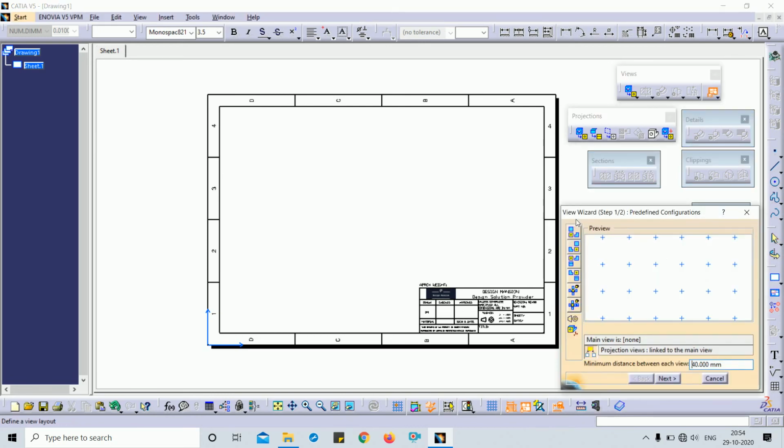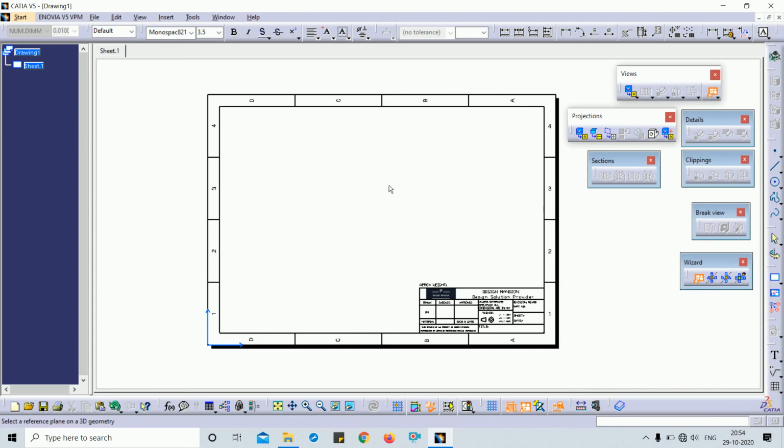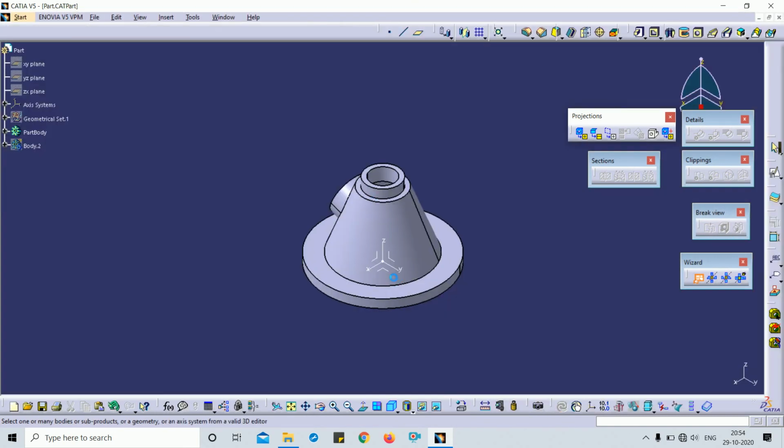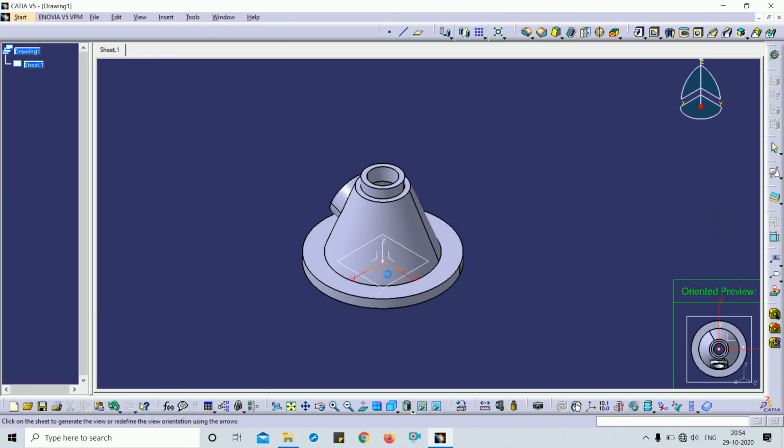So you can see this is my configured views toolbar. I wanted to put this view, this view, this view or this view. For example, I just wanted to put these three types of view: bottom view, front view and left hand view. So next I just click next, finish, and switch the window and just select the view.